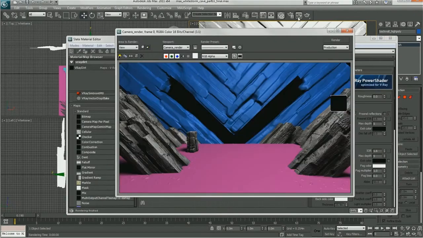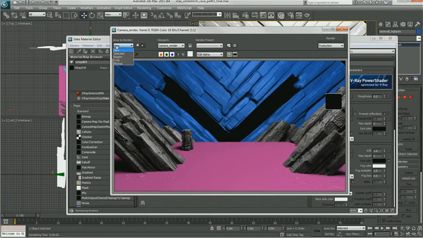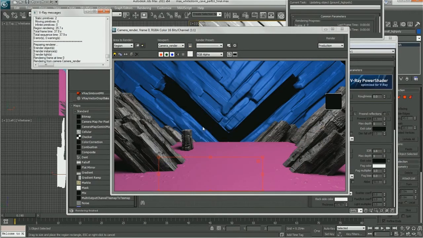So here, if we come back to our render preview, instead of view, if you change to region, you get this little red region. We can pick a specific area to drag out and look at just the ground. And here, if we just look at a little bit of ground here and render this,